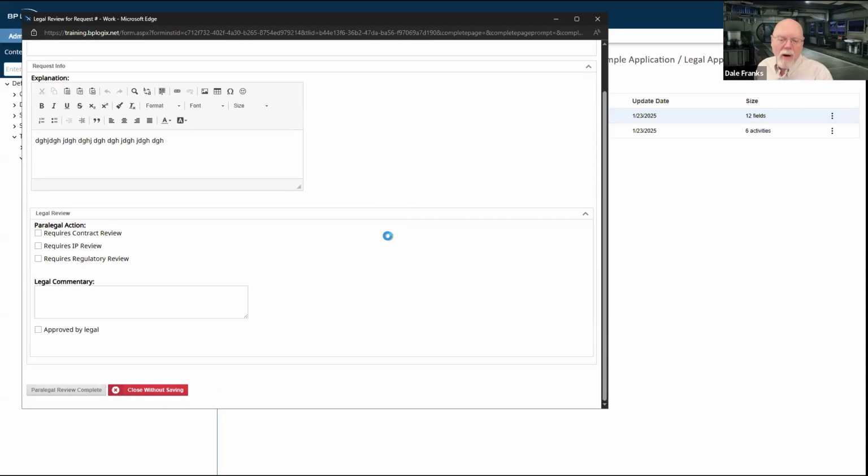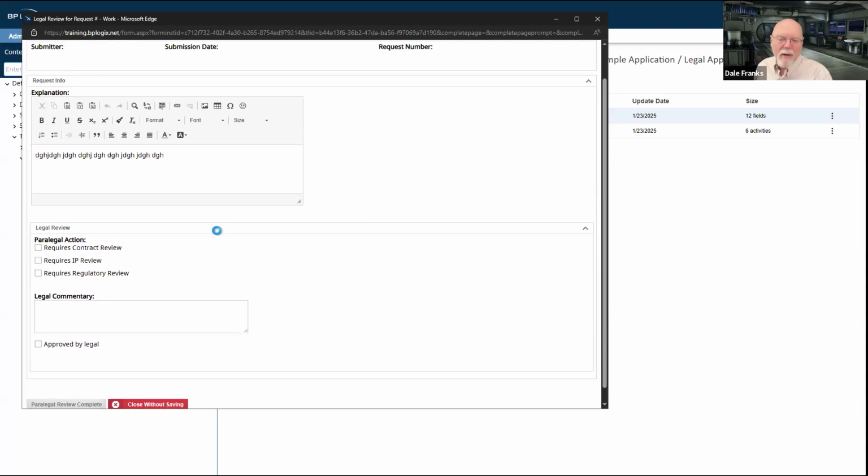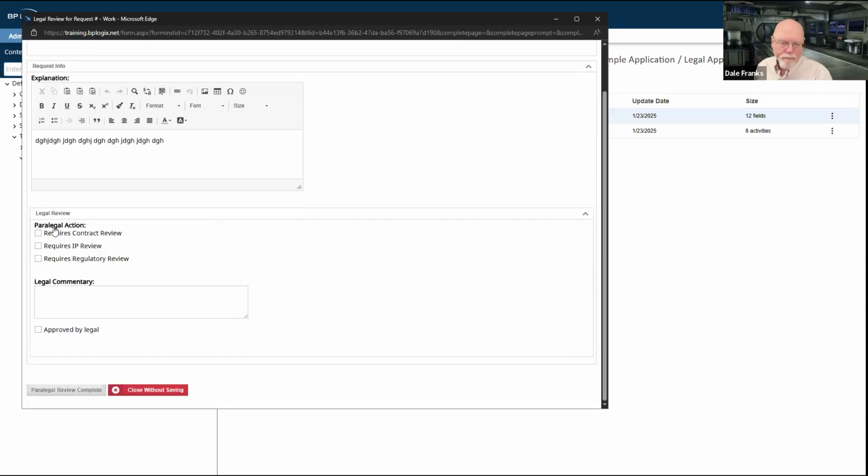All right, so now we are looking at the paralegal action. And so the paralegal, let's say that this is going to require an intellectual property lawyer to look at. And I've now finished my job as a paralegal, and I can submit it. So now we are in the IP review action, and the IP reviewer can say something and they can complete their task. And now we're in the review by general counsel.